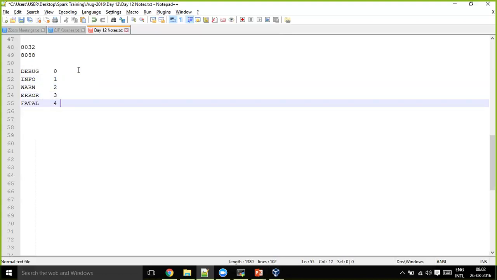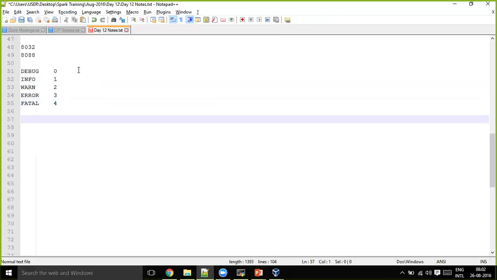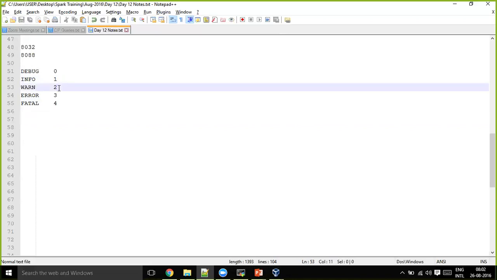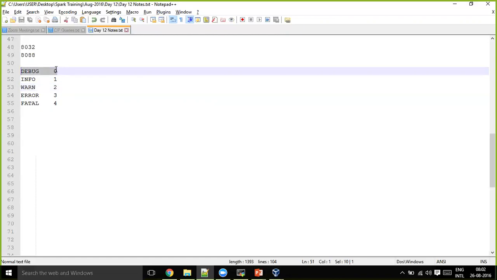All our Hadoop ecosystem tools use the log4j mechanism only. If you set any logging level, you will get the log messages of that level and higher levels. If I set my log level as debug or 0, I will see all debug, info, warn, error, and fatal messages.